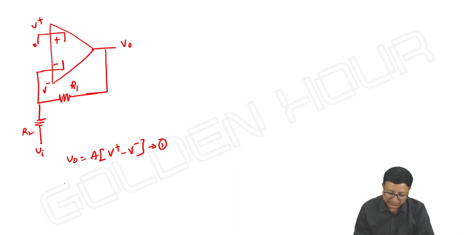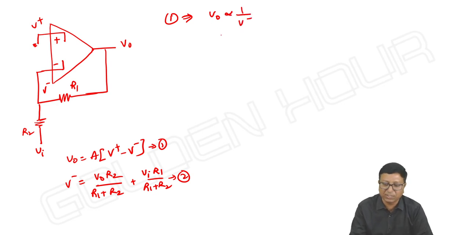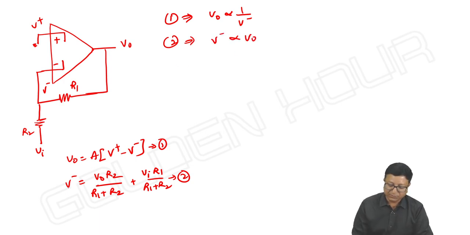Equation 1. And V minus is equal to V output into R2 by R1 plus R2 plus Vi into R1 by R1 plus R2. Here also, 1 implies V output is proportional to 1 by V minus, means inversely proportional, and 2 implies V minus is proportional to V output. Of course, V minus is proportional to input also. It's not a big deal. Okay, done. Then if V input is equal to 1 volt,